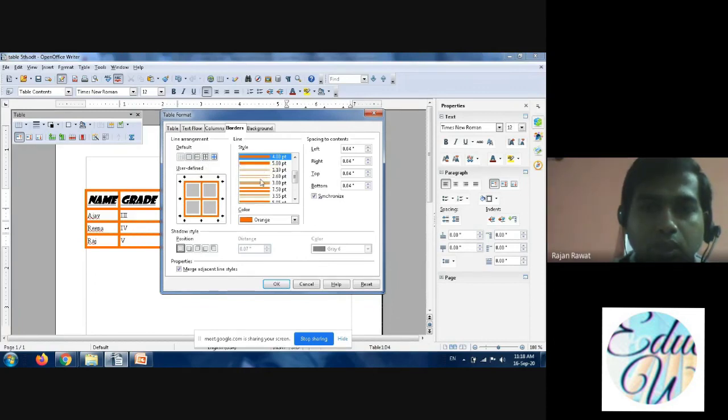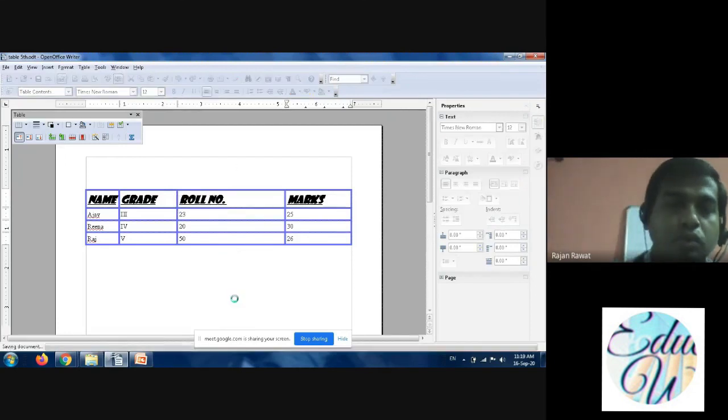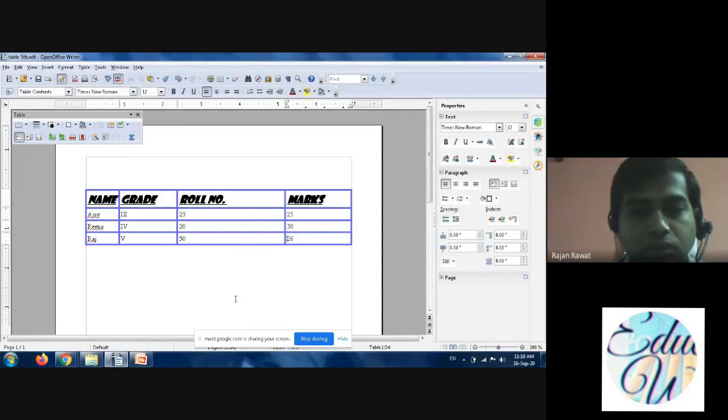Then you can select the line pattern style, and then you can select the color. This time I'm selecting blue, and then you have to click on OK. Now you can see again the border of the table has changed, the thickness is varied, and also the color has changed. So student, I hope you have understood this much.